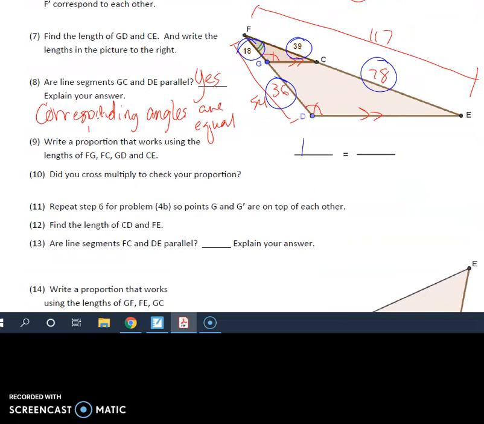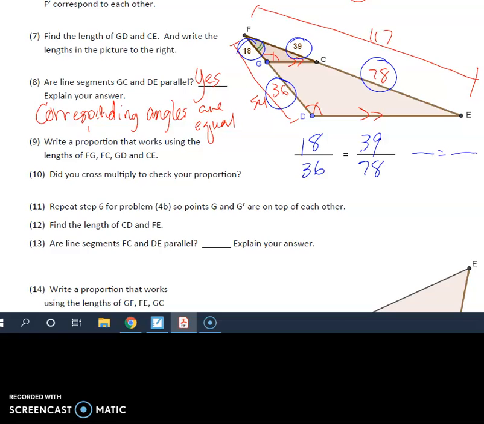So for example, if I put the 18 here, and let's say I choose to put the 36 together, since they're both making up FD. And if I would take the 39, for example, and 78, because those two pieces make up the length of FE,